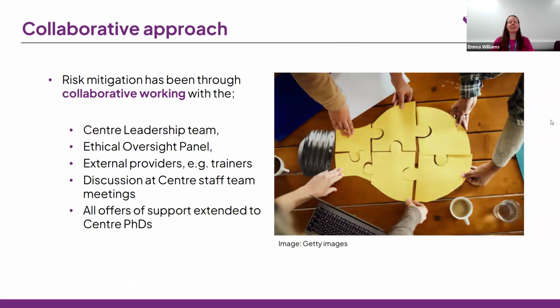So the first thing to say, this was very much a collaborative approach involving a huge range of centre stakeholders: researchers themselves, our centre leadership team, professional services staff, the ethical oversight panel, which Ros has mentioned, our institutional colleagues, and external providers. And as Ros has also mentioned, one of our centre co-investigators is our early career researcher champion, and they have been heavily involved in this work, including drafting the wellbeing guidance and assisting with finding appropriate training providers and helping me with that. I'm not a researcher, I don't know what's best for researchers. So that collaborative approach has worked really, really well for us.